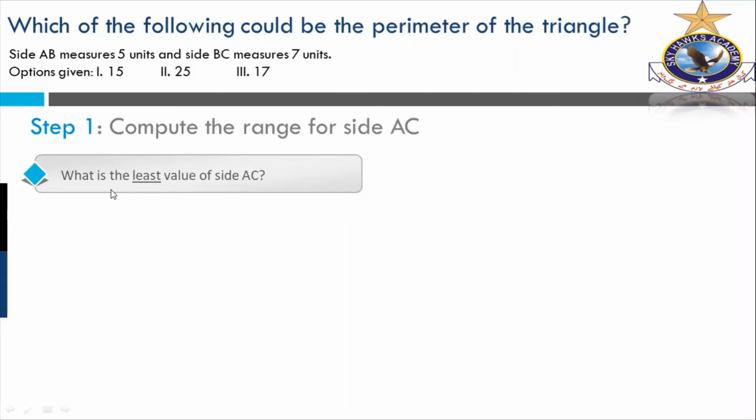Can you think about that? Well, it can be 1, can it? Because, oh wait, no, because it would probably have to be 3 or 2. Okay, now if you look at this, the 5 units and the 7 units, if we add these, we will get 12. Okay, am I right? So the sum must be greater than that. This is 12. So the least value must lie